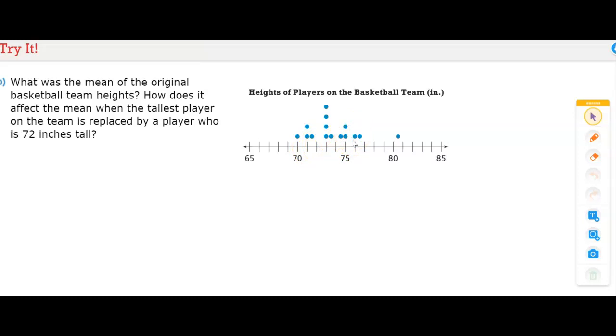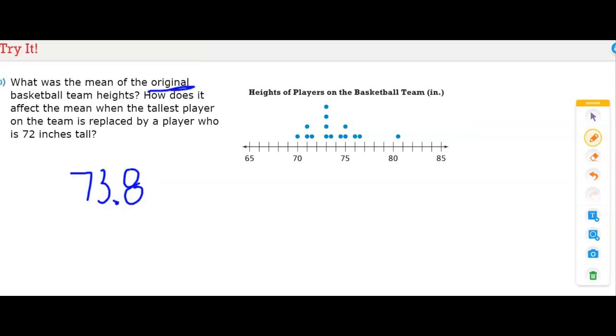So again, for sake of time, I'm not going to list them all, but you're going to add them all up and then divide by the number of players. And so the number of players is 1, 2, 3, 4, 5, 6, 7, 8, 9, 10, 11, 12, 13, 14, 15. So these are the original heights, and there's that many. So you're going to divide by that number, and then you're going to get 73 and 8/10. So 73 and 8/10 is going to be the original mean of the